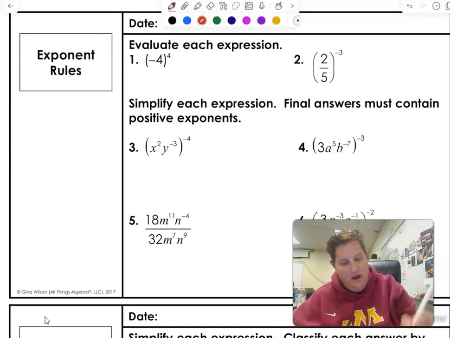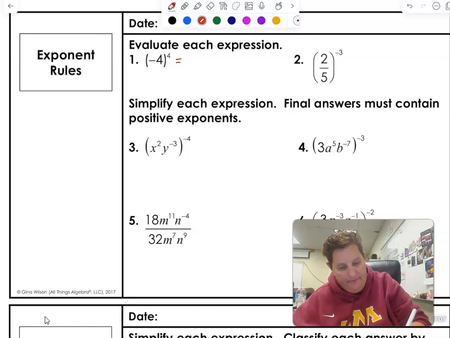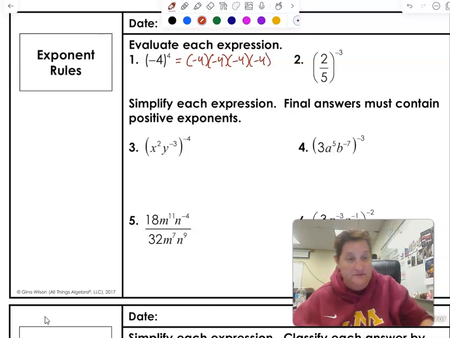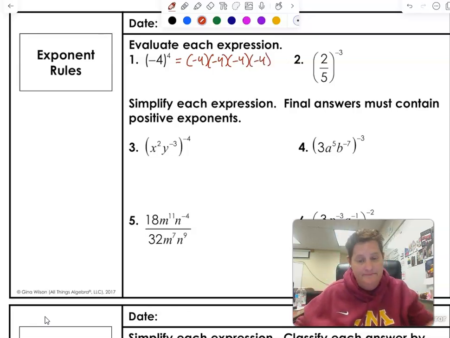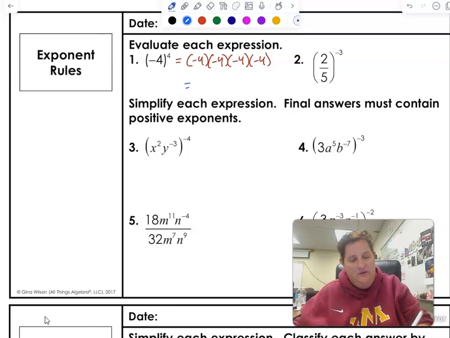For number one, easy money, right? Negative 4 to the fourth just means negative 4 times negative 4 times negative 4 times negative 4. You can use a calculator, so it's fine. When I multiply 4 negatives, it's a positive, and 4 times 4 times 4 times 4 is